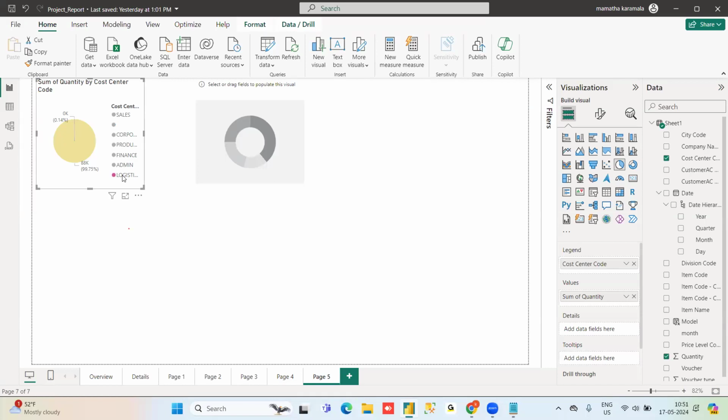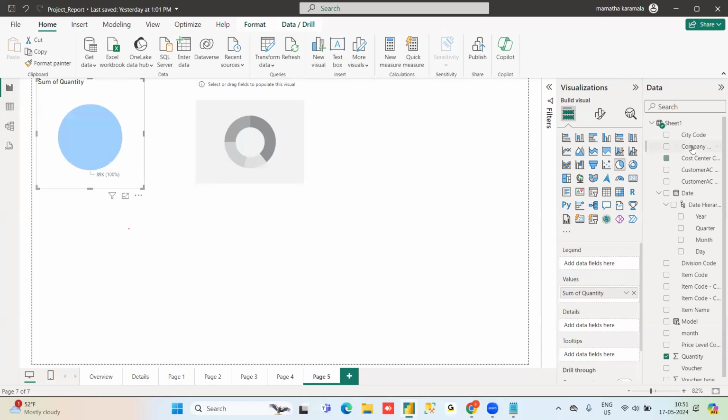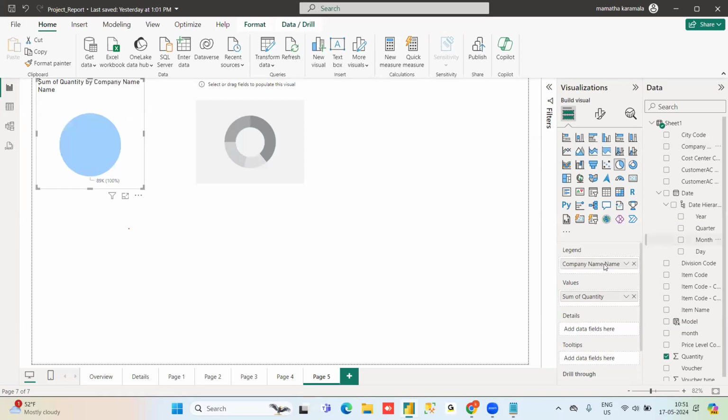You don't have that cost center value. So it is better to represent by something other than cost centers. I'll try company, but I don't know how many company names are there. Okay, companies are a bit better.